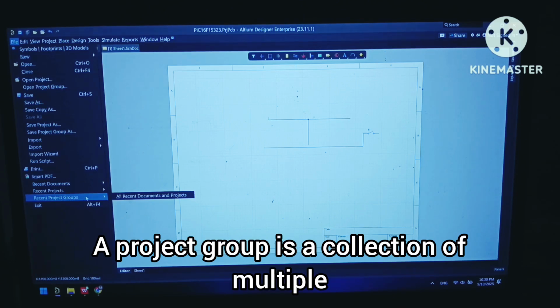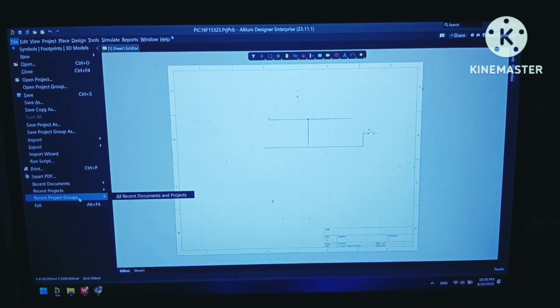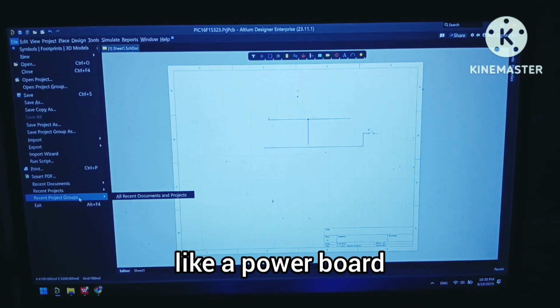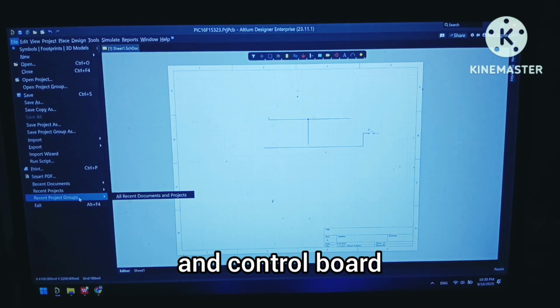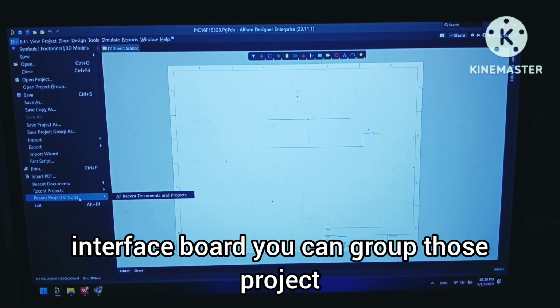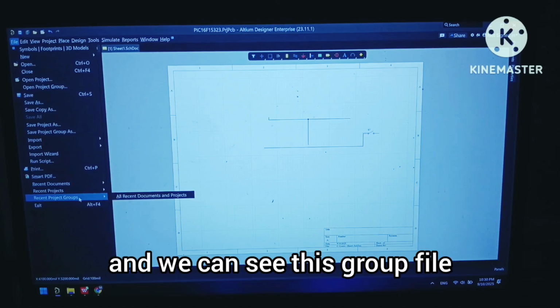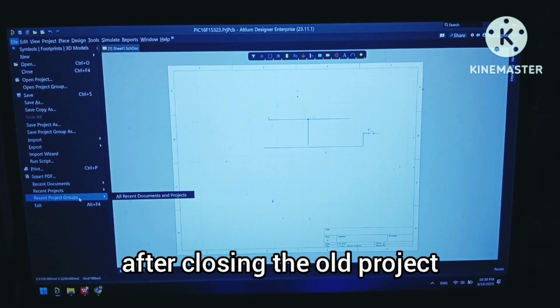A project group is a collection of multiple projects grouped together. For example, if you are working on a big system like a power board, a control board, and an interface board, you can group those projects together. This is called a project group, and we can see this group file after closing all projects.